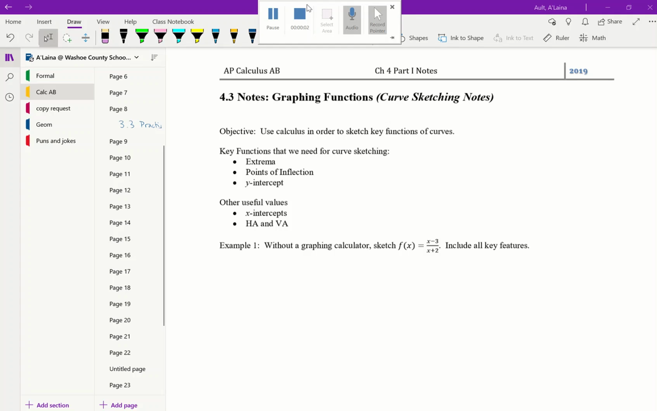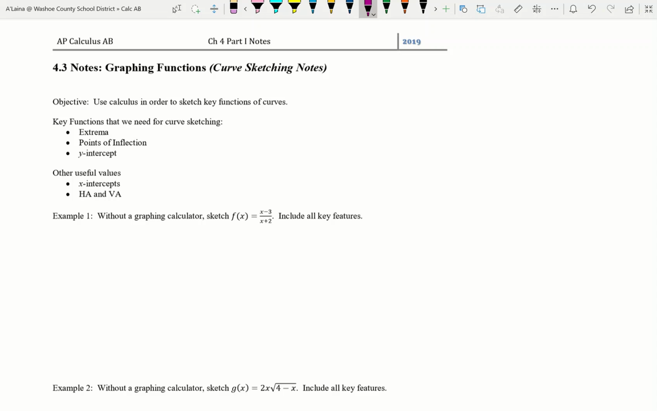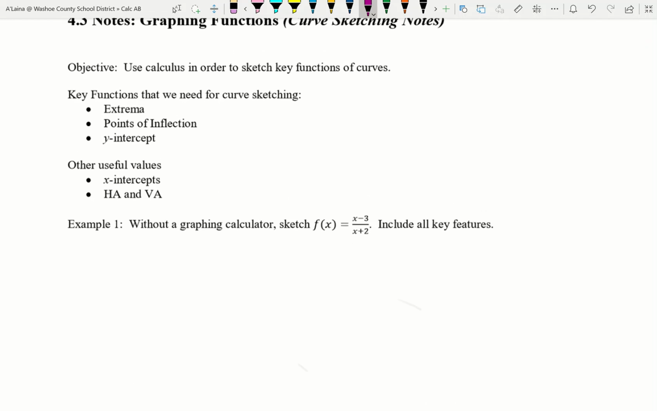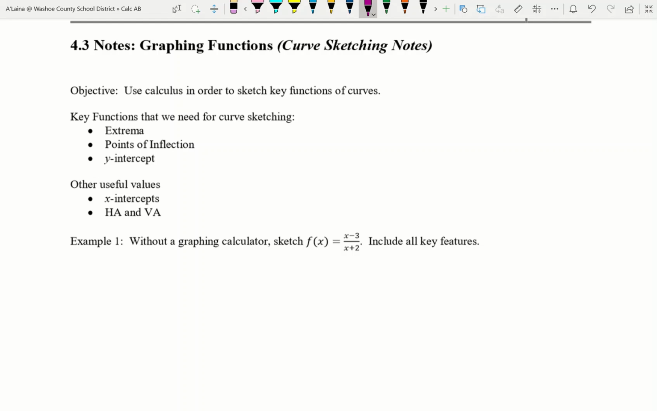All right, so we're going to take a look at 4.3 notes where we are working on different strategies to graph functions. And sometimes you'll hear this referenced as curve sketching because we're really going to be making sketches of functions rather than super precise graphs. And we'll be using a lot of calculus in order to do this. So we'll be looking at the relationship between the first and second derivatives and what a graph should look like